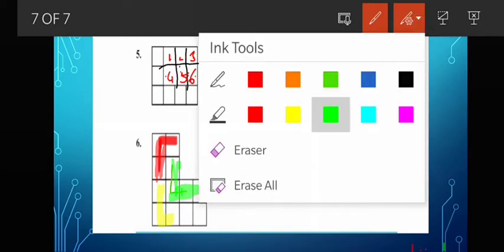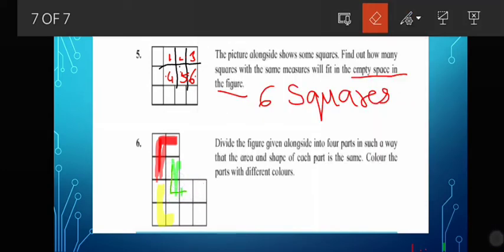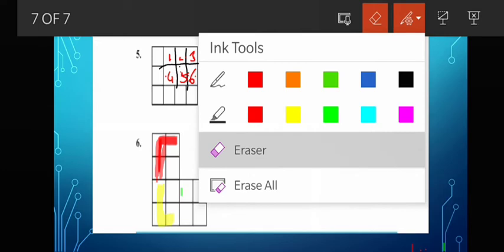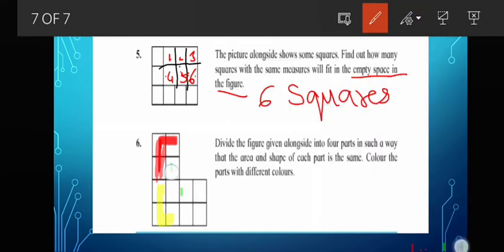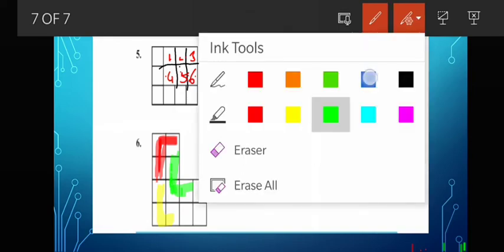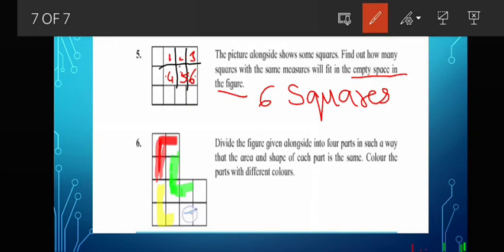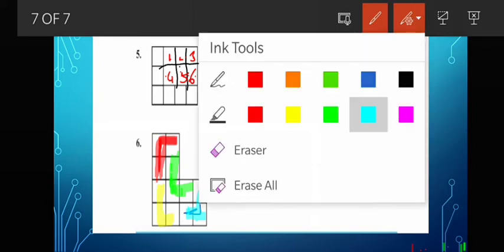Sorry children. Okay, and now I'll take a blue color and try. So I hope I'm right.